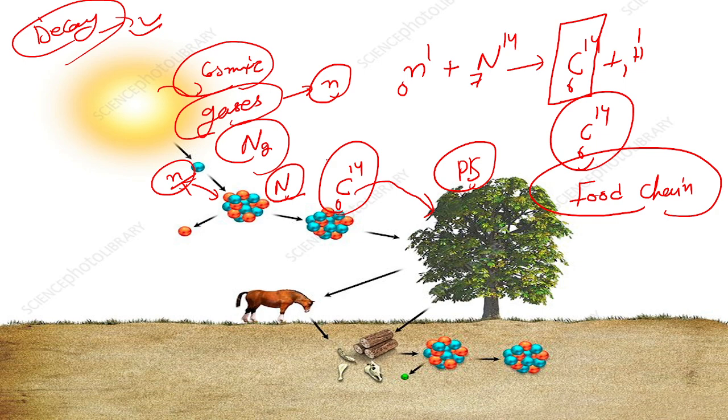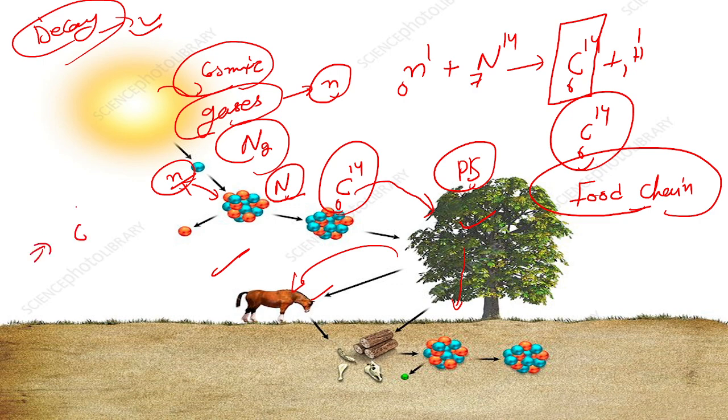So when carbon enters through photosynthesis with this plant, and this plant, and every kind of living thing which gets energy through photosynthesis, then because of entering the food chain, it also gets introduced in the animals, human beings, all the living animals on the earth. So at the crux we can say that